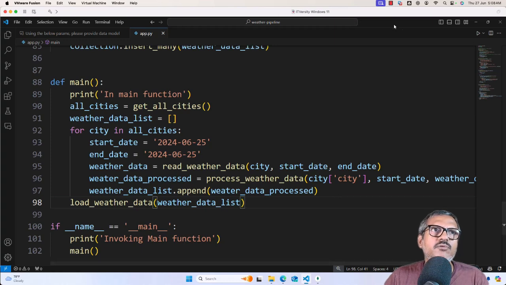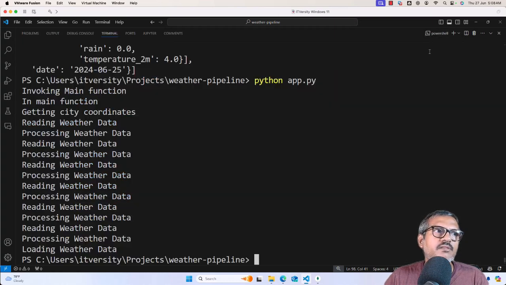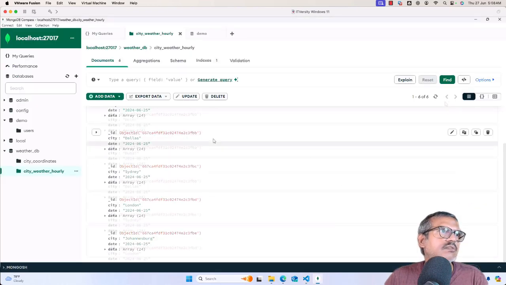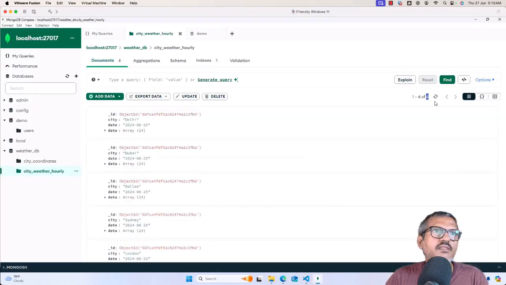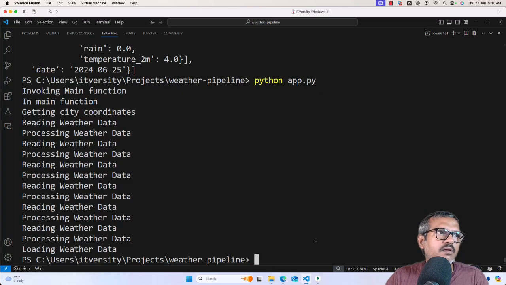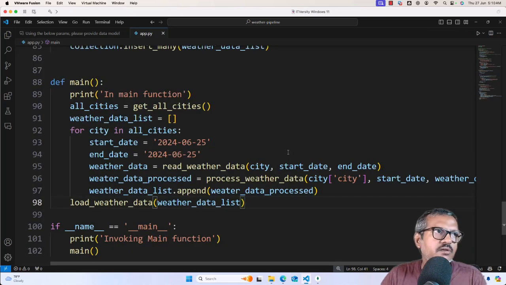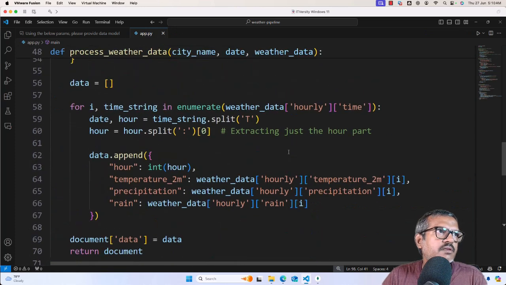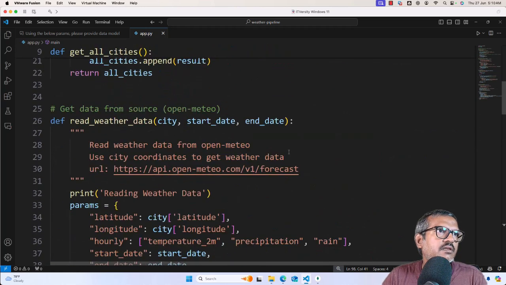Let me attempt to run this multiple times and see what happens. As of now, with respect to this Mongo collection, we have 6 records. You can see the details here. This 6 is nothing but the total number of documents in this collection. That being said, now let me attempt running this once again. I'm saying python app.py. However, before running this once again, let me actually improvise on these print statements. Let me go to read data first. Here, let me say reading weather data for city